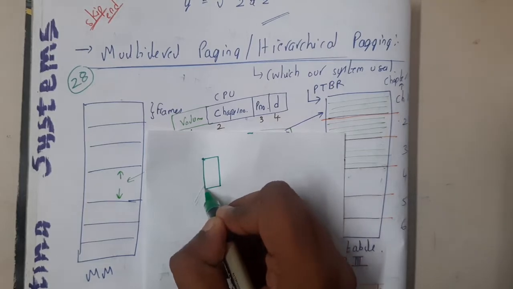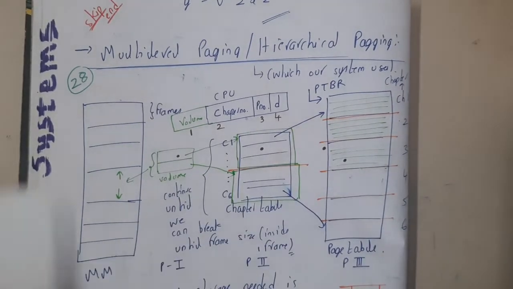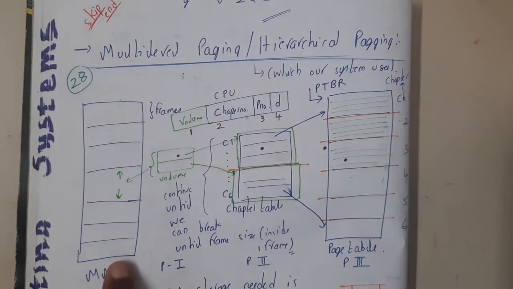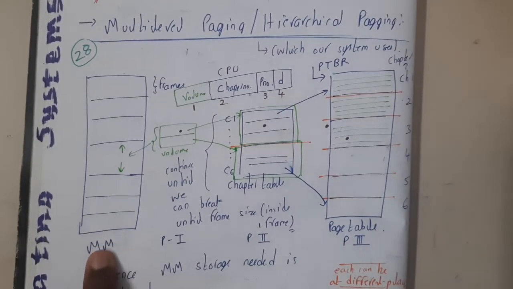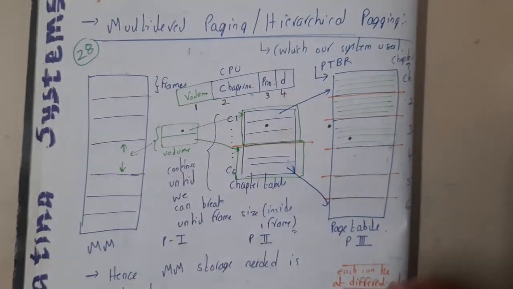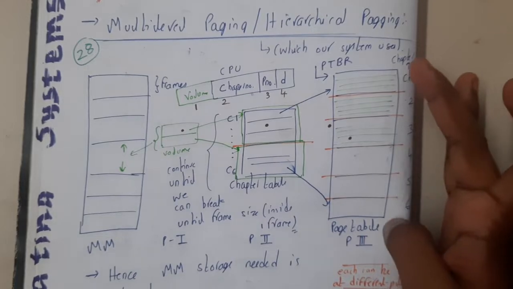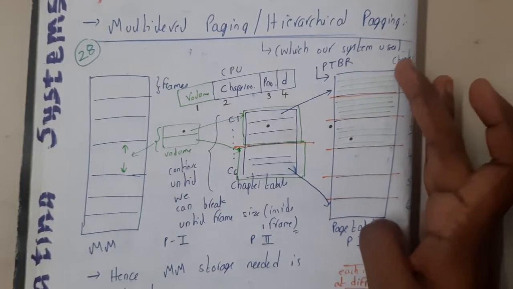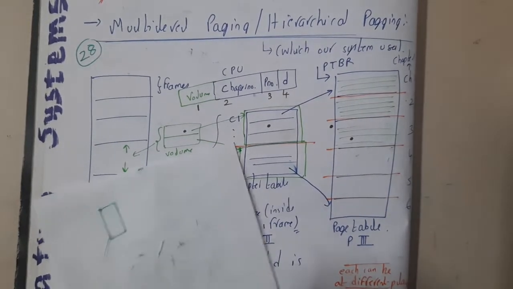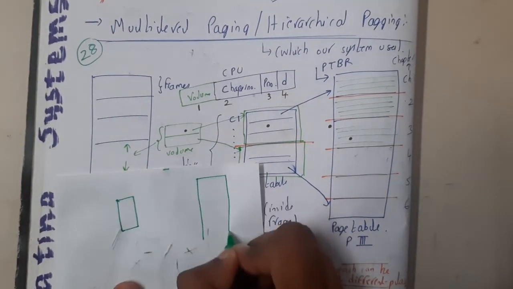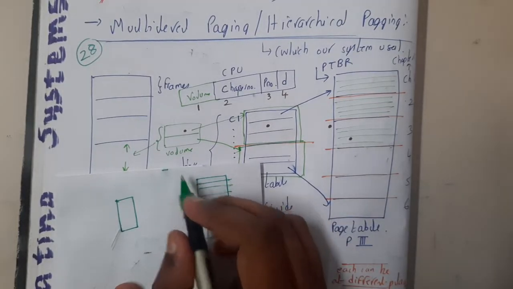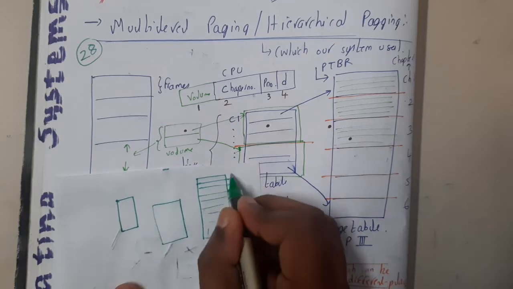At that time, we will be making it into multiple pieces, so concentrate here. Assume this is your main memory, and this is your page tables. Initially this is your page table size, but this page table size is not fitting in the exact slot. Previously, if you recall, we discussed that we divide our main memory, as well as our secondary memory, into 1 KB slots.